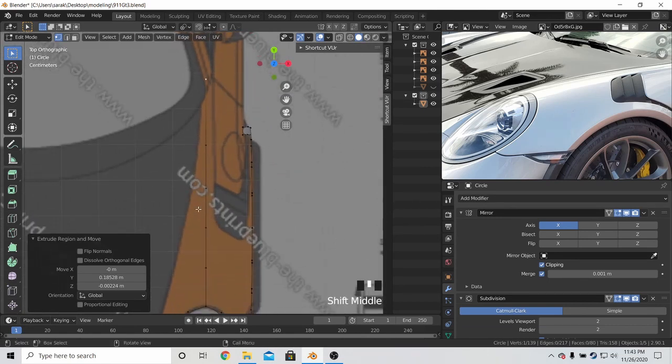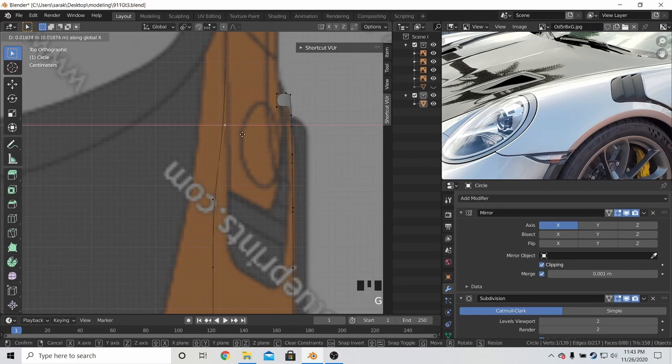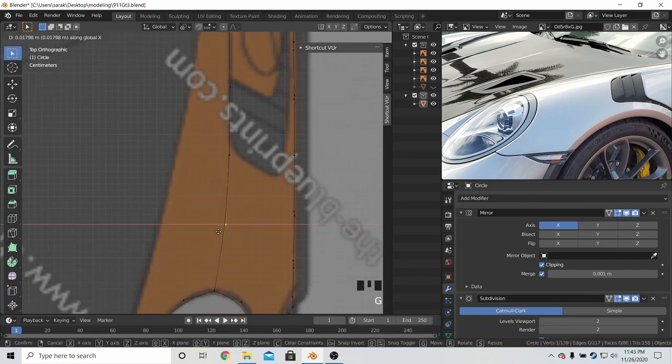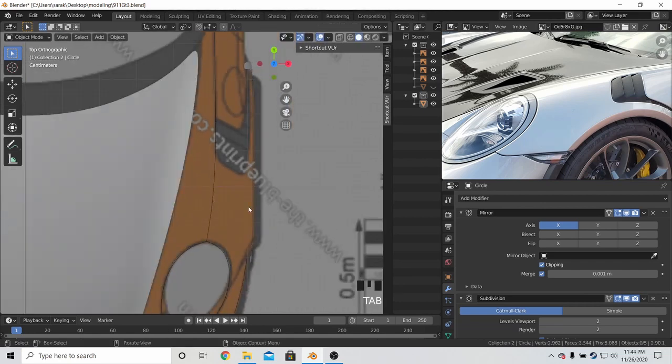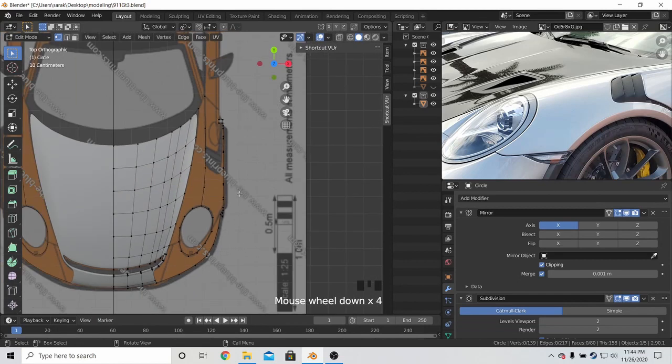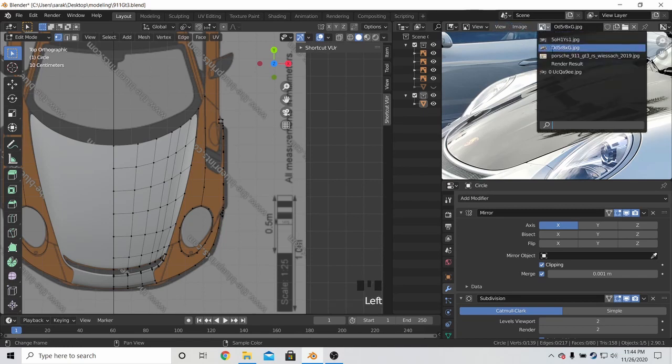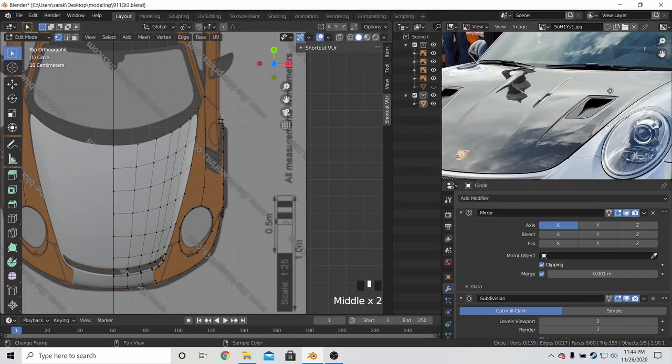And in top view, we'll see that it actually needs to come out. This part gives us the blueprint. And then when we get to this point, we just have to use our own imagination. And Alt H brings back hidden objects, so it will bring back the hood. And then in this view,